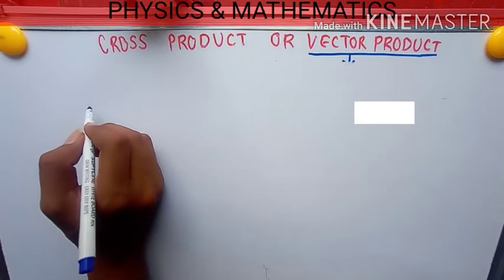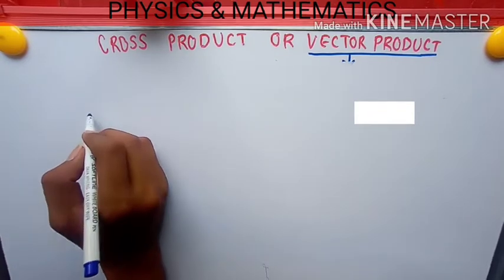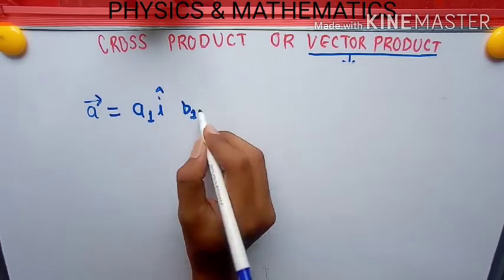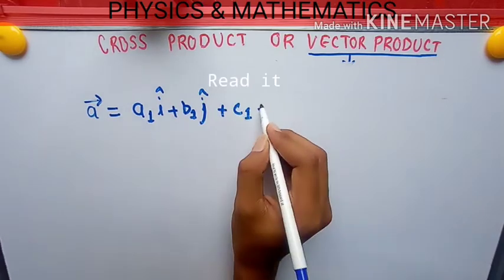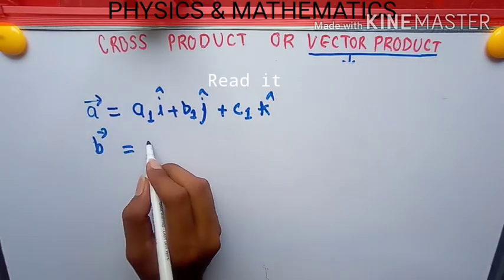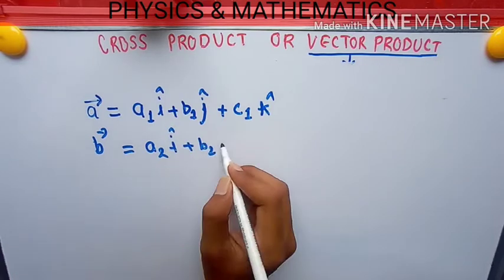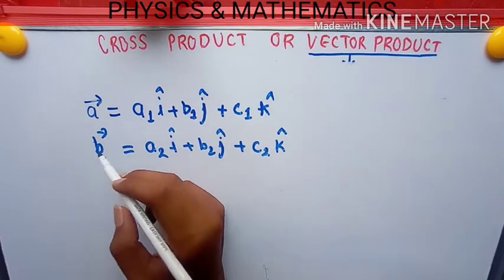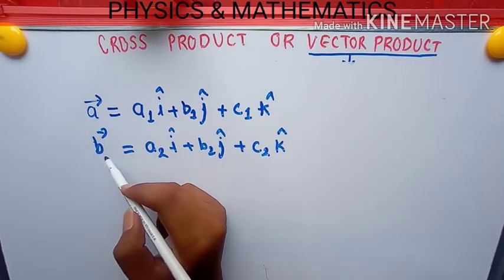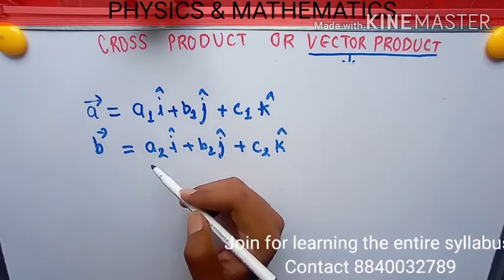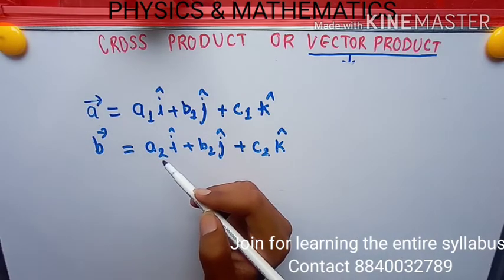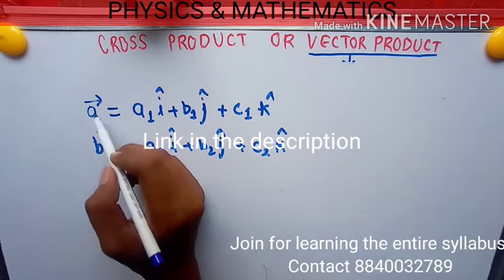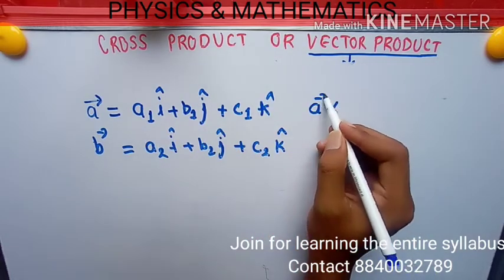Now when two vectors are given in such a form, and you have to find the cross product of A and B, in this case the angle is not required. I made you understand this in my previous lecture while we were working with the dot product. Now you have to cross them, so you will write A cross B.